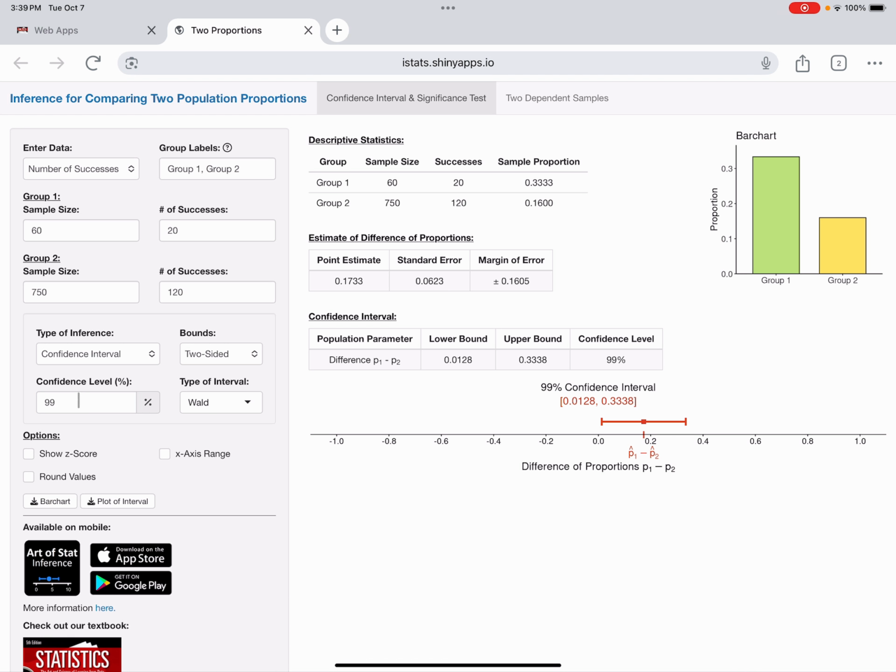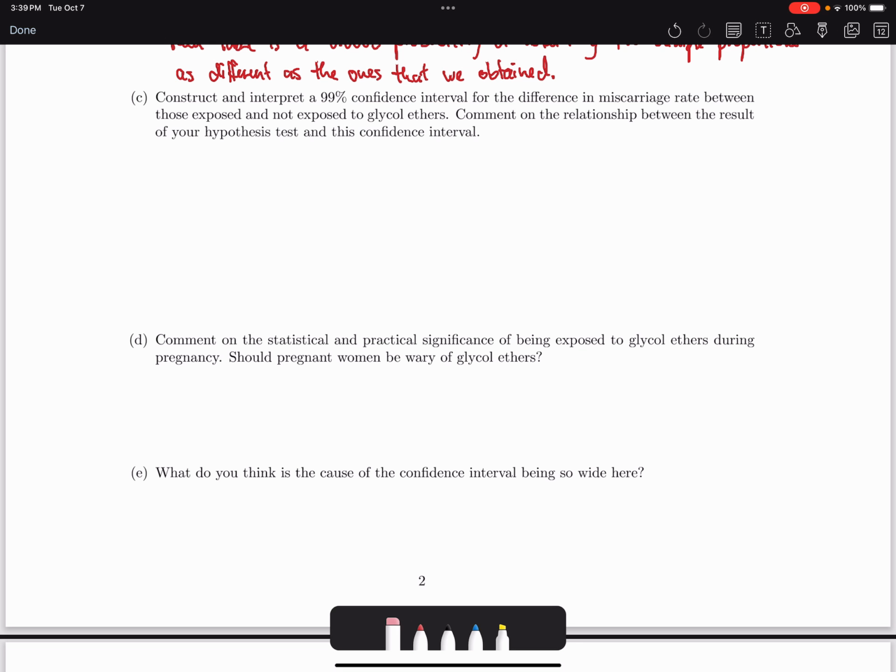So we want a 99% confidence interval, and here's what we're getting, let's round to 3 decimal places, okay? So we'll call this 0.013 to 0.334. Okay, 0.013 to 0.334. Okay, so there's our interval. We were asked to interpret it. Okay, so we'll say we are 99% confident